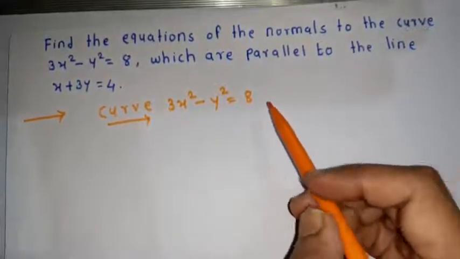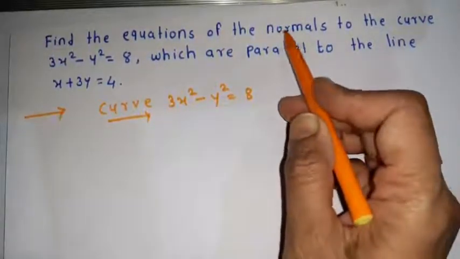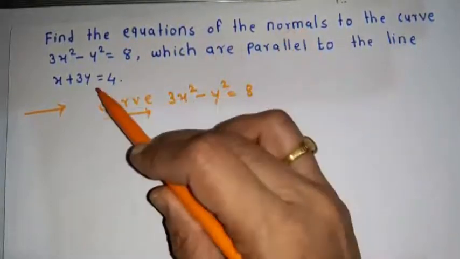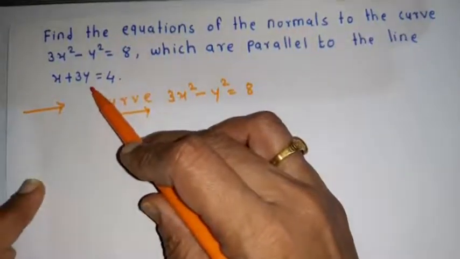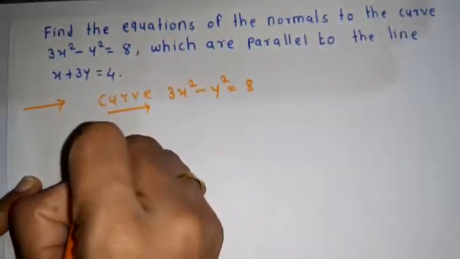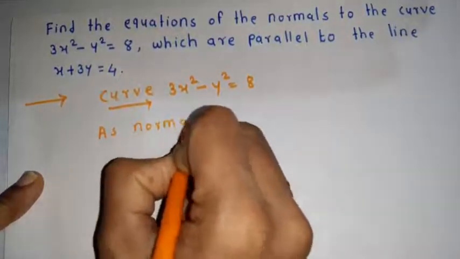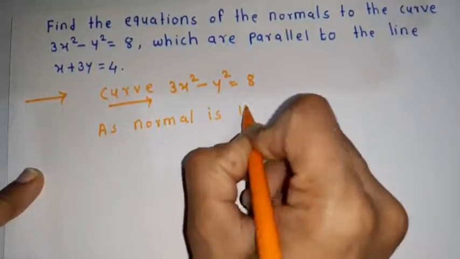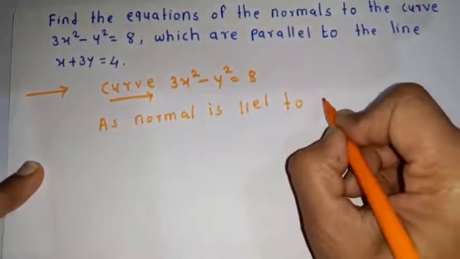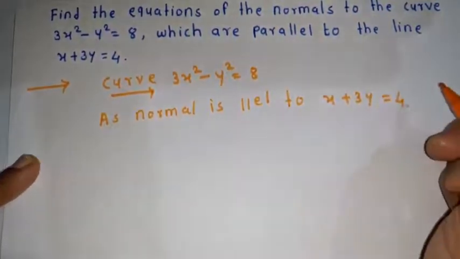Now we have to find the equation of normals where the normal is parallel to the line x plus 3y equal to 4. As the normal is parallel to the line x plus 3y equal to 4,